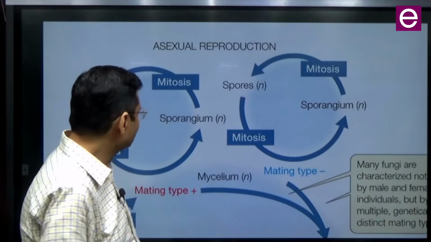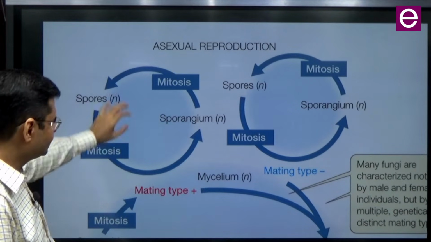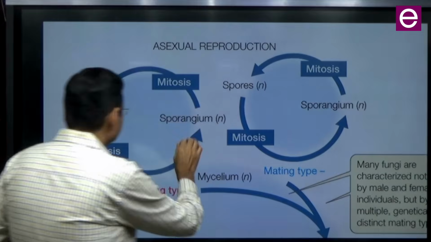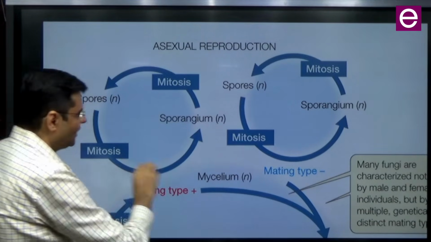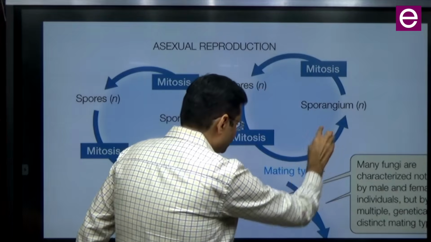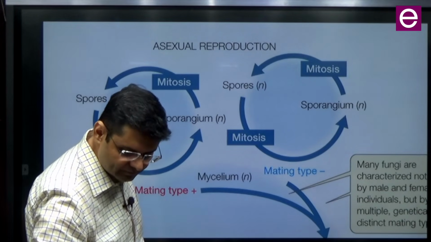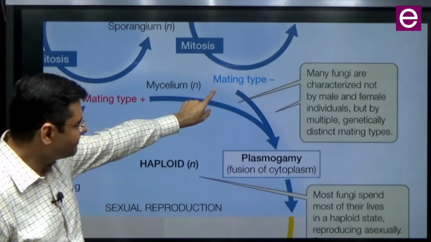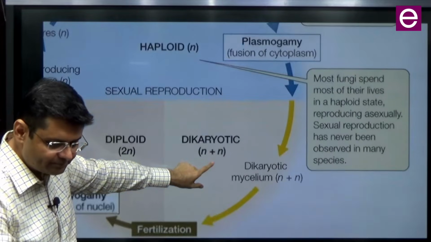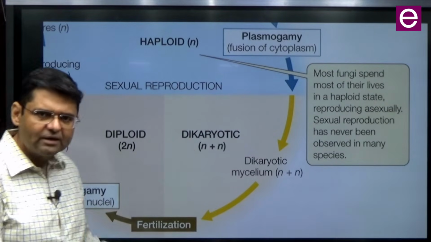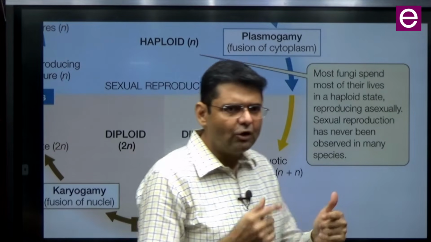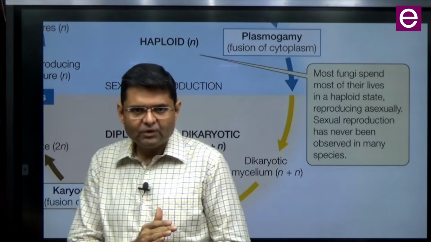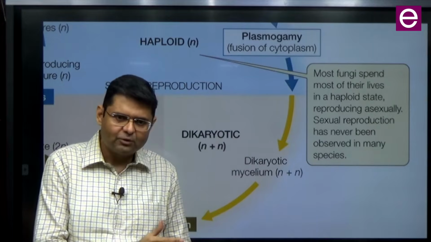You already know that there will be 2 types, mating type plus, mating type minus. Plus will be separately carrying out its asexual reproduction, and minus will be carrying out its own asexual reproduction. But when they are growing close together, mating type plus and mating type minus, then there will be plasmogamy. After that there will be dikaryotic. Depending on the fungus, dikaryotic phase can be long or short. Recall in Chytridiomycota and Zygomycota it's going to be short, and in filamentous ascomycota इस तरह की बातें लिख दो,